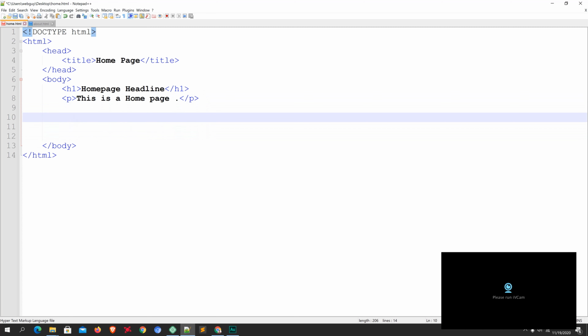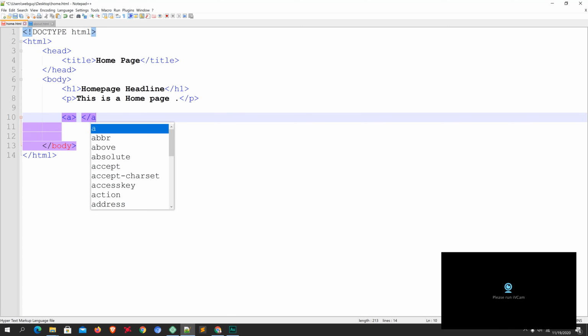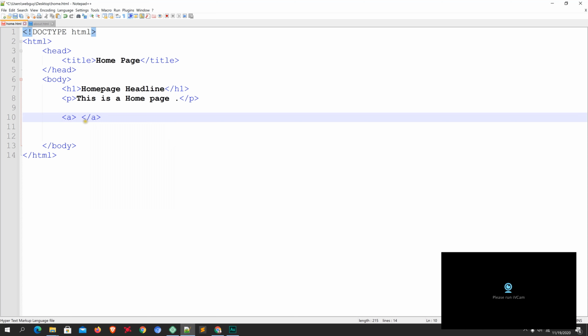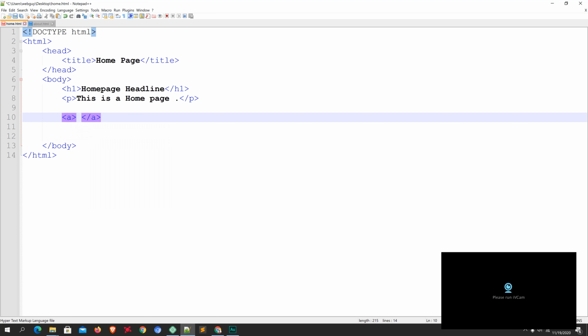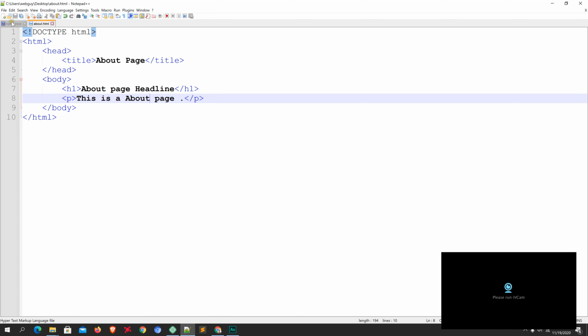So first of all, the tag will be an opening a tag, and a closing a tag. So this is the hyperlink or anchor tag, and this tag should have some important attributes like the location of the file. Here it will link a page, but the page link should be added.